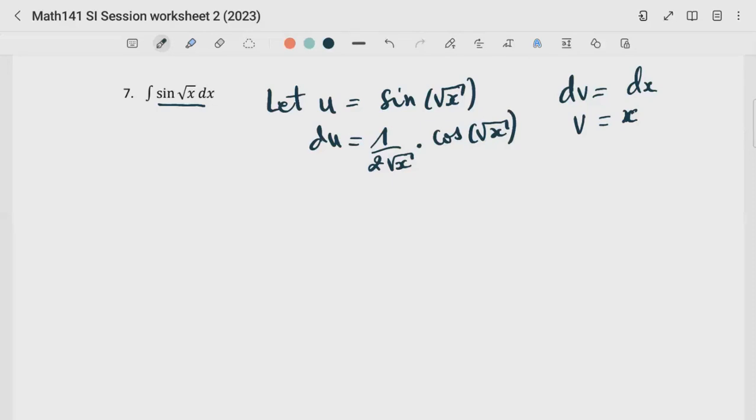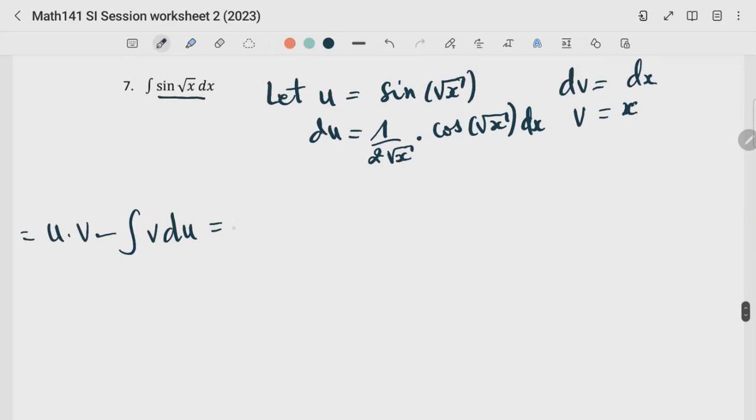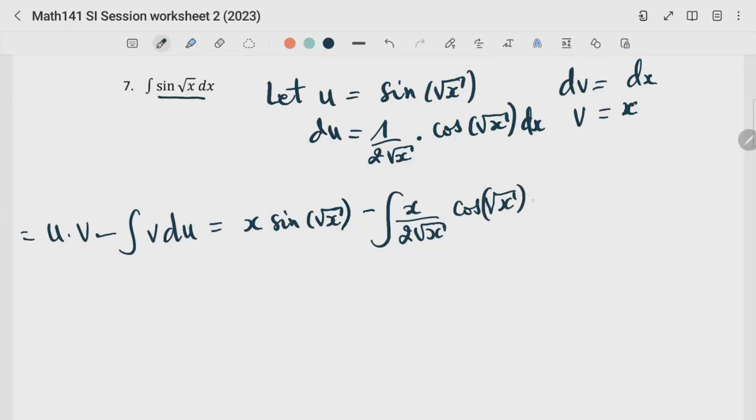Right, so now that we have that, oh, sorry, I forgot the dx here. It means that this should be equal to u times v minus the integral of v du, right? Which is equal to x times sine of the square root of x minus the integral of v du, which is x divided by 2 times the square root of x times cos of the square root of x dx,